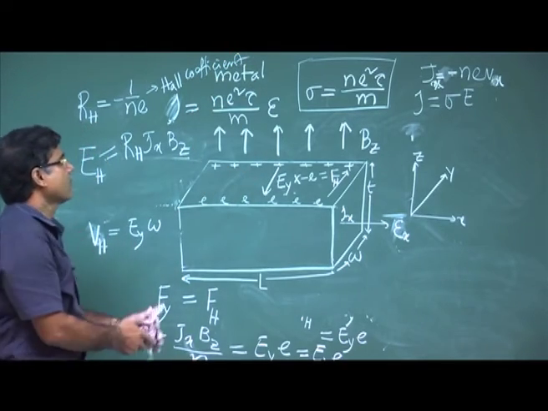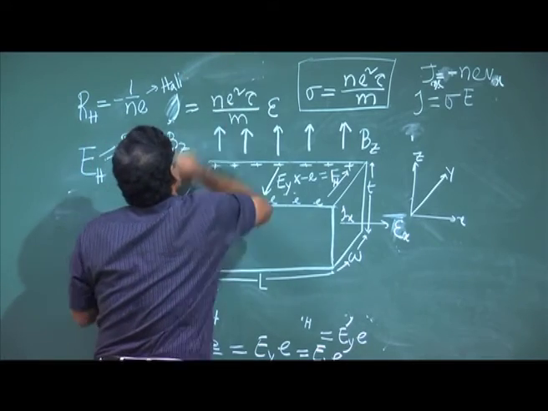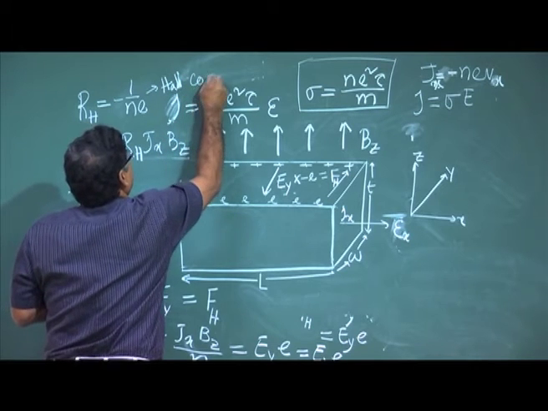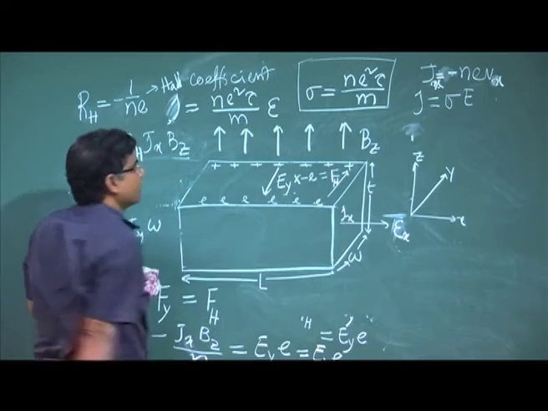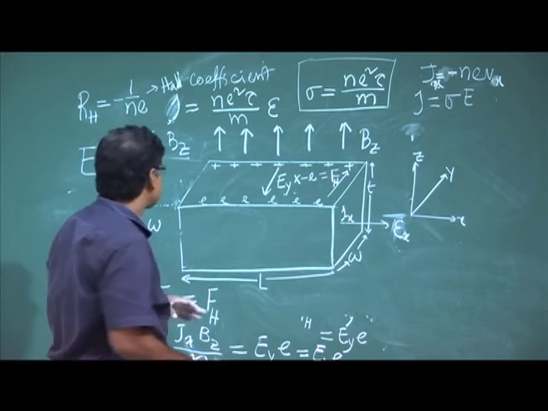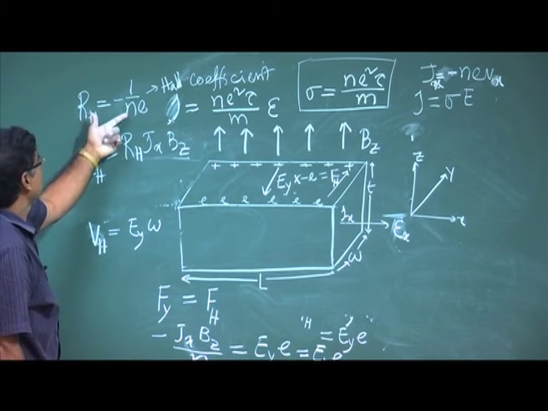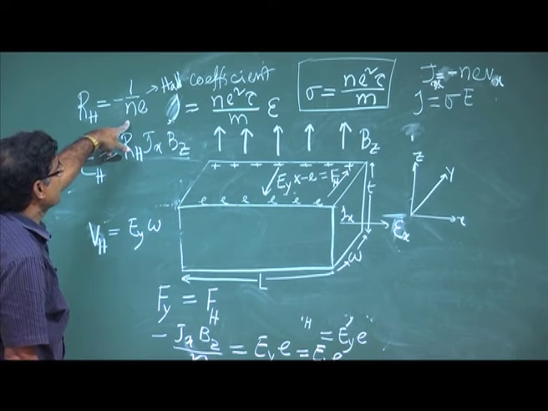It is called the Hall coefficient, right? It's called the Hall coefficient. Okay, we will see what this is. So, it is minus 1 by n e, and if you look at this